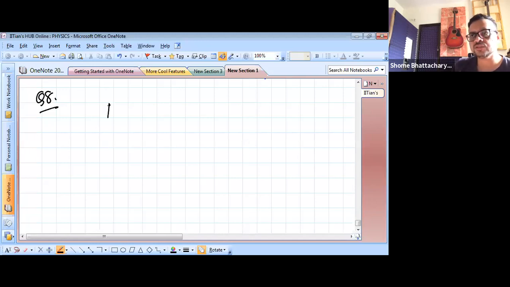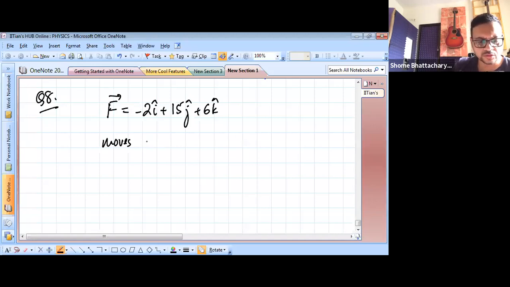So the force acting on the body is minus 2i cap plus 15j cap plus 6k cap, and the body moves to a distance of 10 meters,